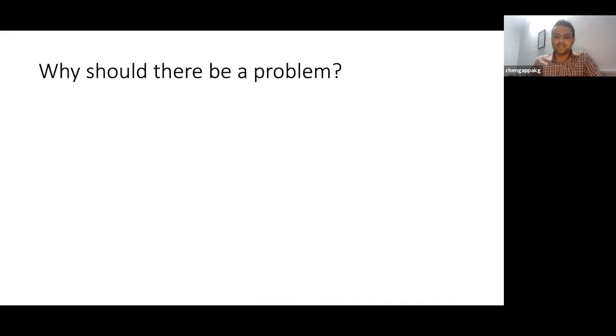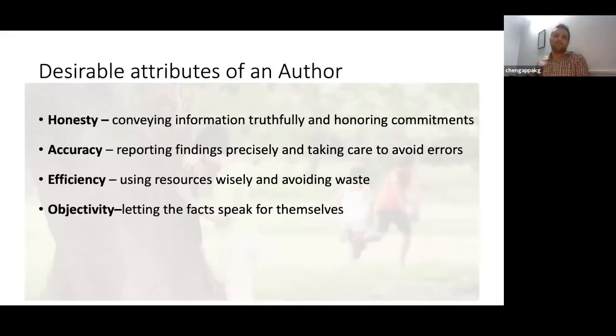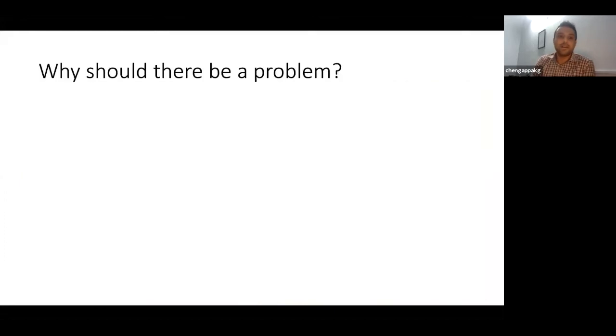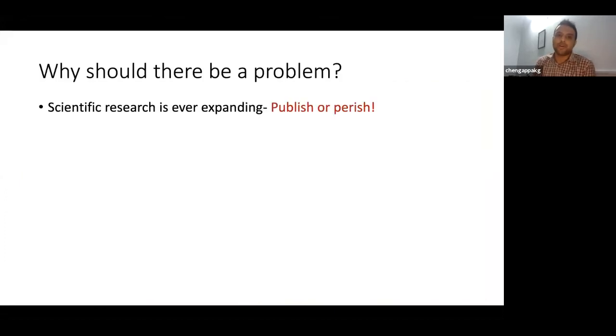So this is so simple. Most of us have learned about all these credentials in our moral science classes. But why is it difficult? It is a problem because scientific research is expanding and there's a concept of publish or perish, especially in academia. All of them are pressurized to keep churning out papers, which is not possible. If you want a good quality paper, you'll have to wait, and it comes slowly.